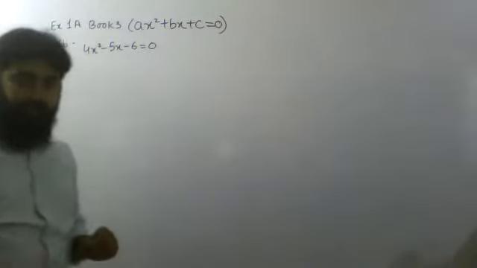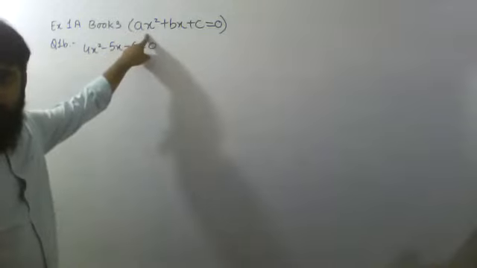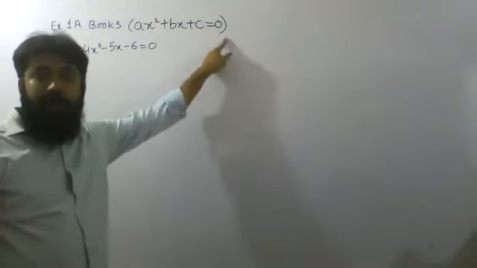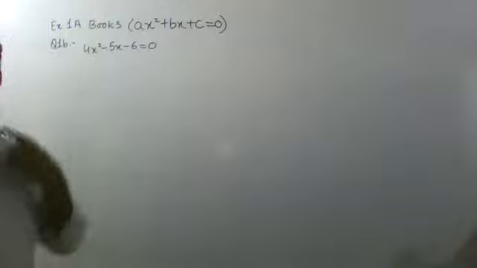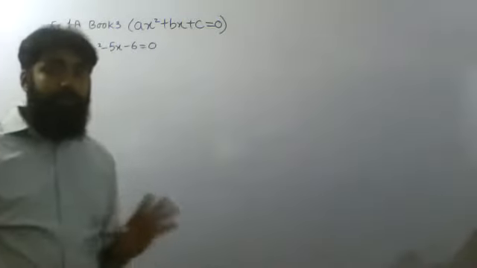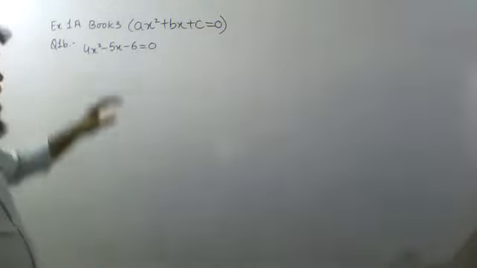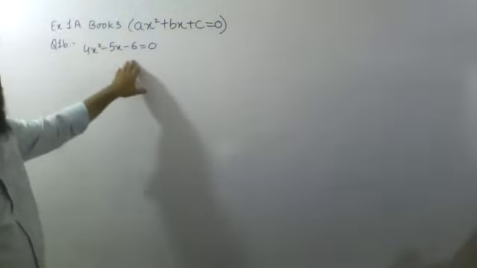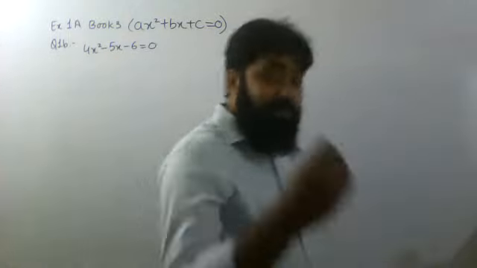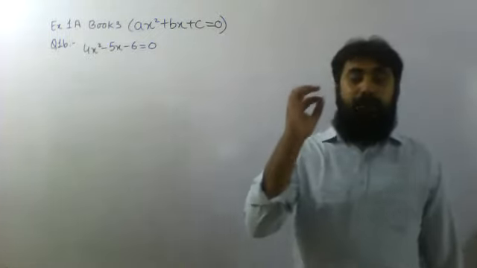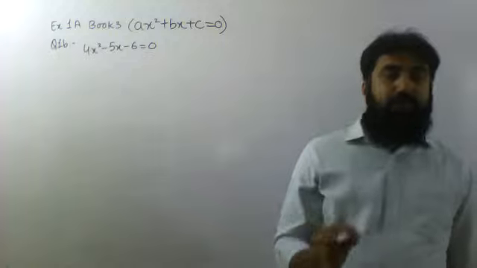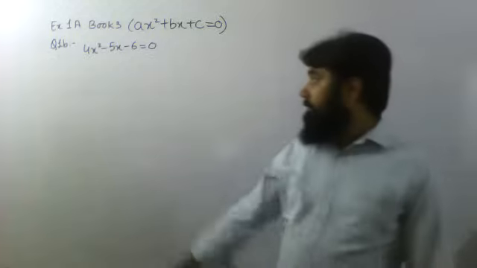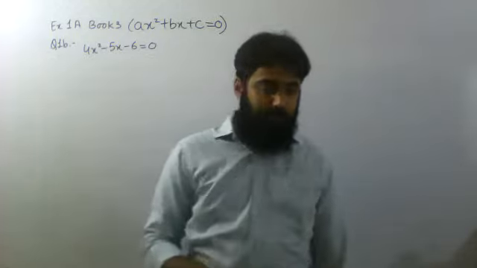Whenever you are doing middle term splitting, the x square term should be the first one, the x term should be the second one, then the constant will be there, and on the other side it should be a 0. Only then you are going to do middle term splitting, otherwise you are not going to apply it. Signs don't make any difference, either minus or plus, but try to make the coefficient of x square positive. You have to take care of that, which is positive over here, so I can do my working.